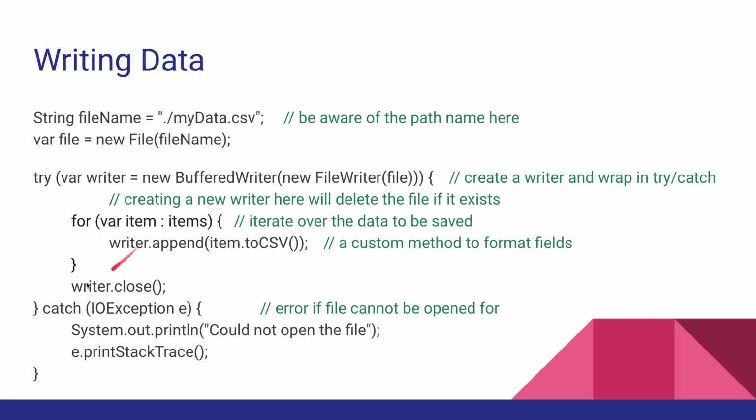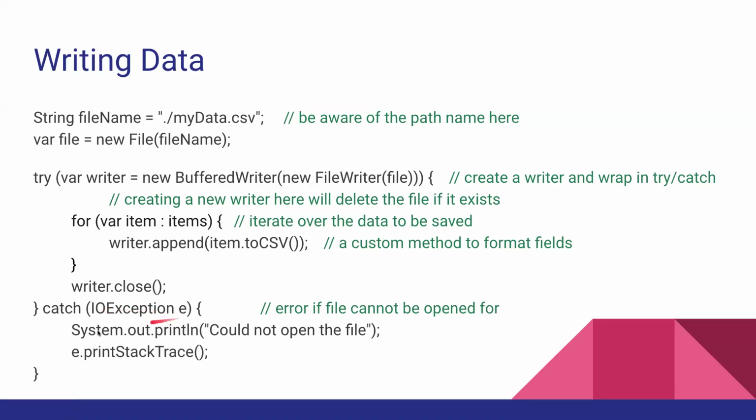Okay. Once you're done with the writer, you want to close it. And then you want to have a catch here. The error we're going to catch is an IOException. This is a broad exception. Really, any kind of error that happens, the file is not found, there's no permission, whatever the error might be, all of those can be caught by the IOException. There are sub exceptions here. So if you want to catch a specific one, like a permission exception, then you can use a different exception name to catch that. But in our case, we're just going to catch the IOException when we go